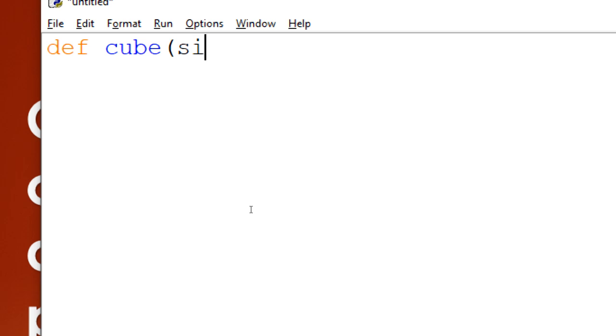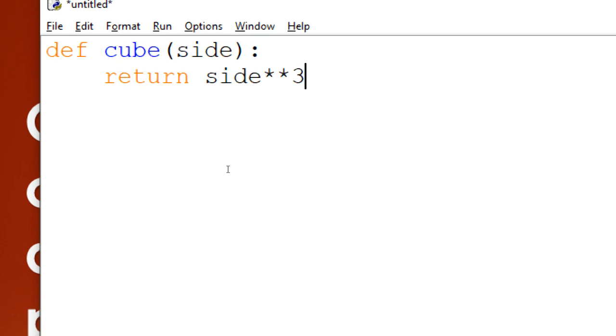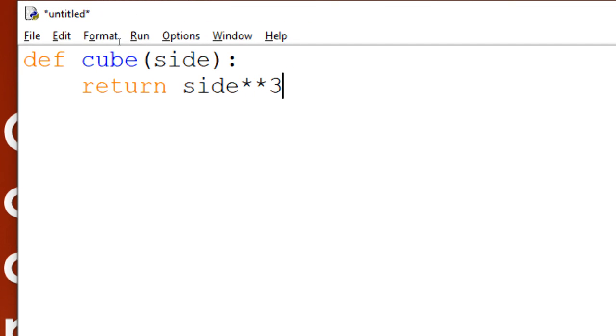So we will take side as a parameter over here, and then I will return side star star 3. You know that this is the exponent symbol, and it will find the result of side to the power 3, okay. So this is the first function I have created.